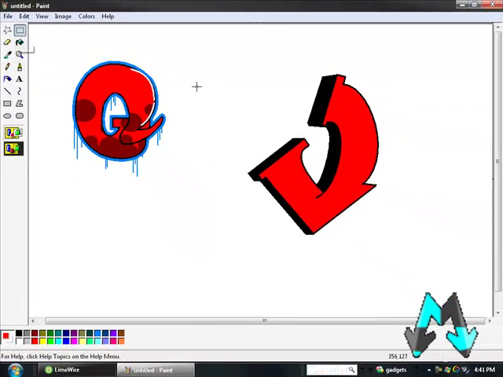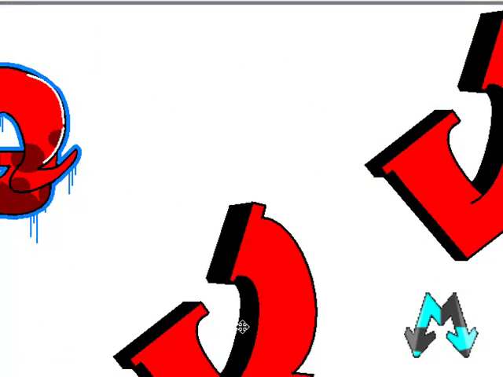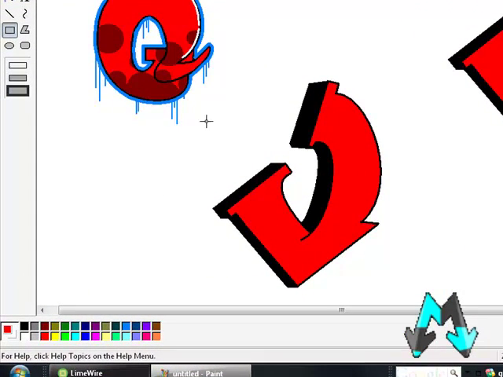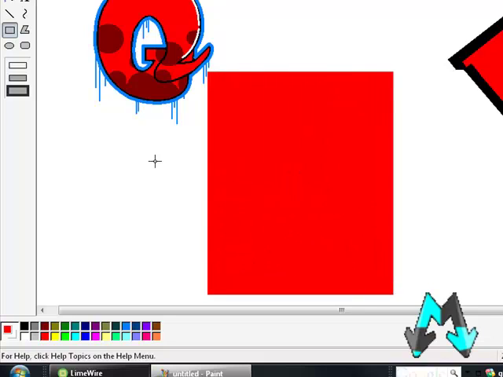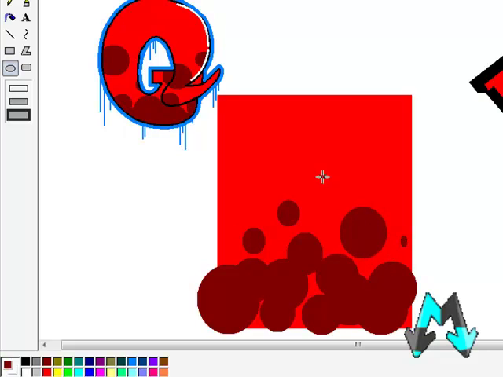Basically, grab this, copy it, grab this where you want it, paste it, make a square around it, a solid square of whatever color you colored it, like this, and then make your design on it. Like I want solid bubbles like this. I like doing bubbles on my graffiti pieces because they look really good. Oh, the bubbles. Oh, okay. And then really